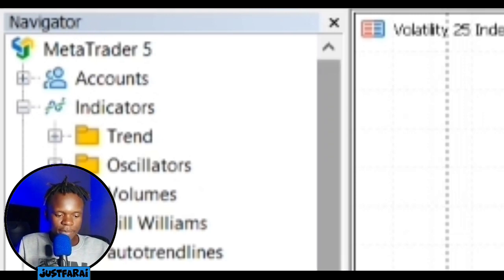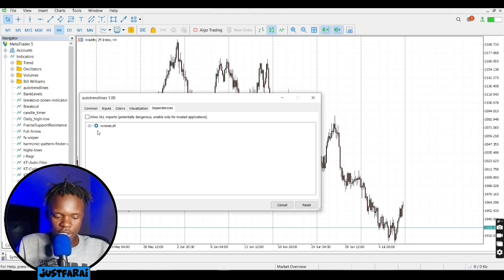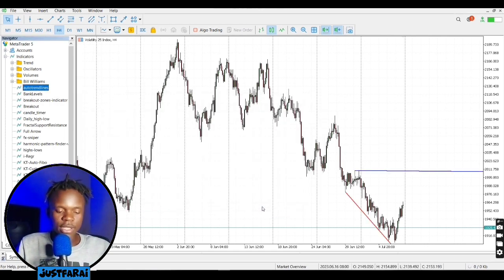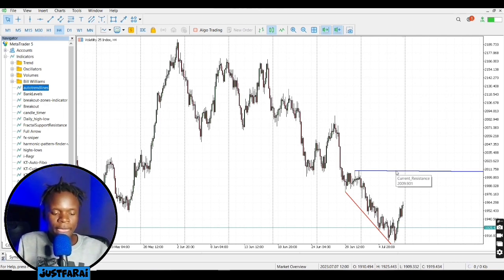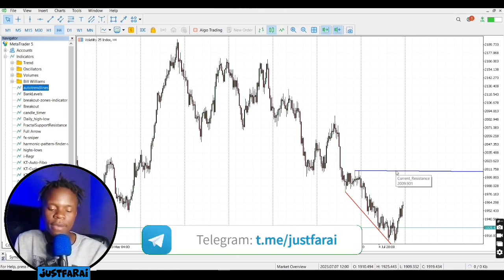Let me start with this auto trend line indicator. This first indicator that I'm going to put on the charts is one of the best, I think. This auto trend line indicator was accurate at this point when it moved price from here to here, but this line was a bit misbehaving. Remember, indicators are not 100% accurate, and you can use these indicators as a source of confirmation or to give you a general outline of the market,